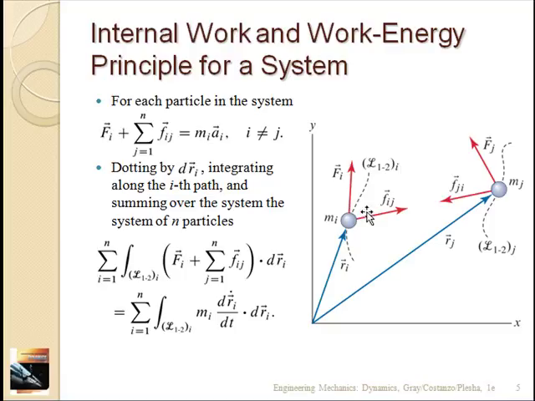So in general, we assume we have an XY coordinate system. We have a particle MI and a particle MJ. There are external forces on each of these particles. They're each traveling through some path, and there's a position vector describing each. There's also an internal force that acts equal and opposite on the two particles between them. You could think of this as the gravitational force between two planets, but there are other types of internal forces, such as this friction force in our book.